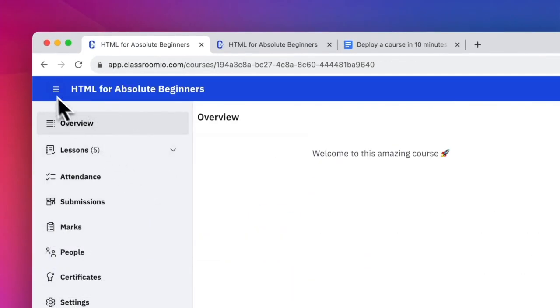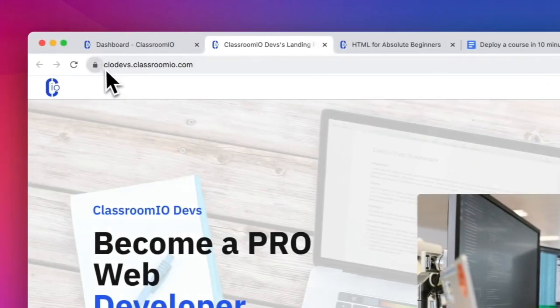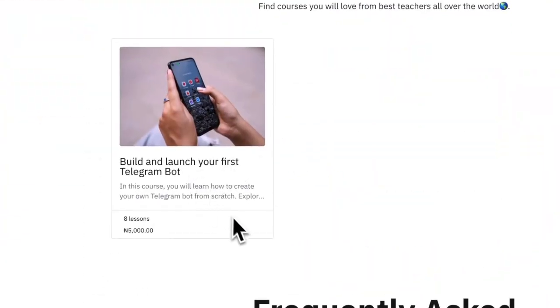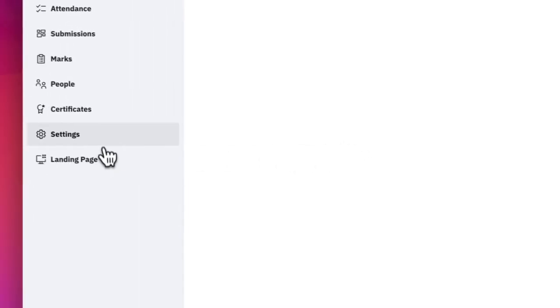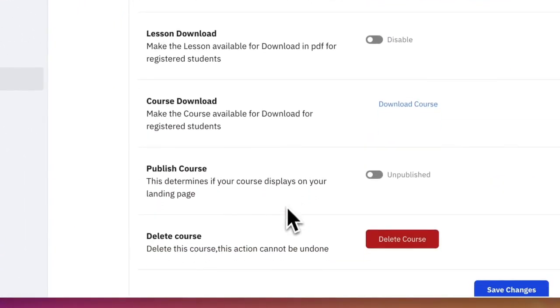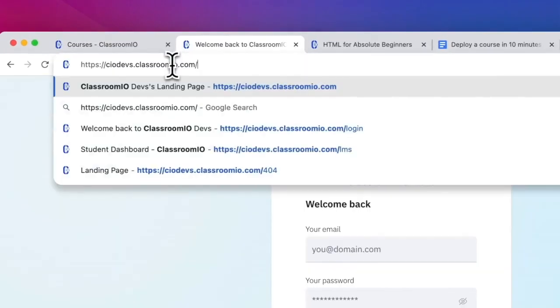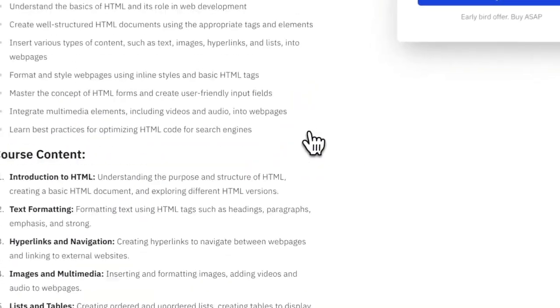Yeah, now to show you everything working in your landing page, if you go to the dashboard and come to view sites, you've got a subdomain to ClassroomIO, and this is okay. I haven't published it. Okay, so I'll go back to the course, HTML for absolute beginners. Go to settings, and then I will publish the course. Okay, cool. Save changes. Okay, go to the landing page. You see HTML for absolute beginners. Yeah, once you click it,